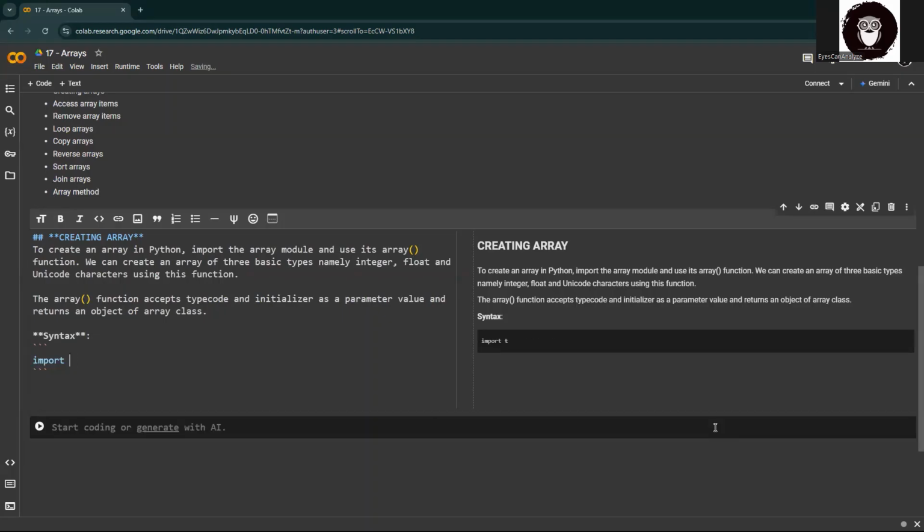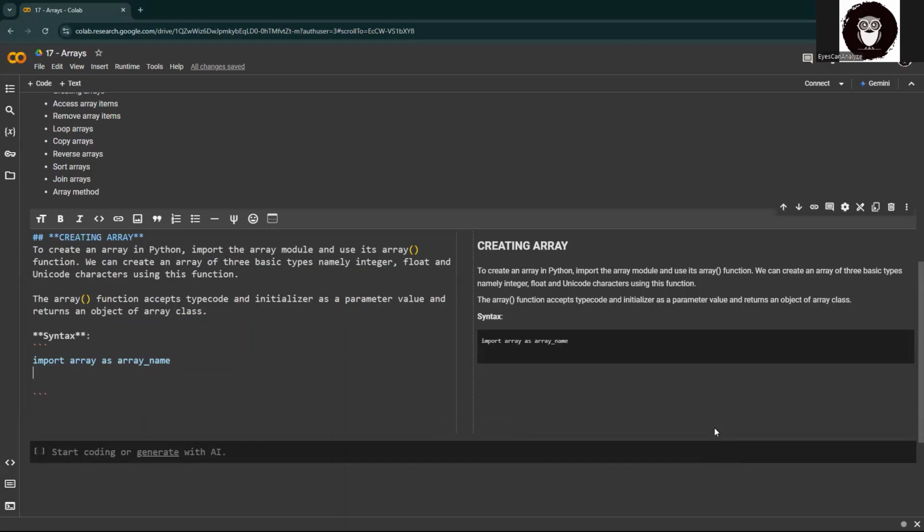So that is import array as array name. So you can specify any name here. So what we are doing is first importing the module, and then to create an array, we need to first create an object where you can store the array. So I have the array name dot array name, which we have specified above. So I have imported the array as array name. So I have to specify array name dot array,